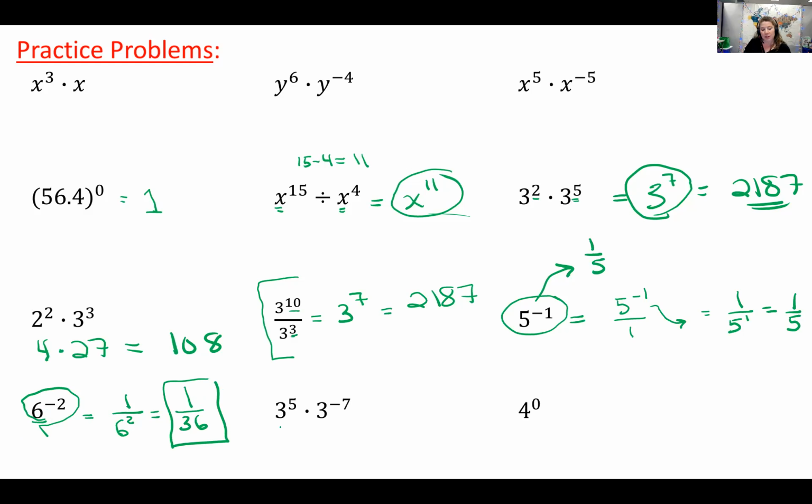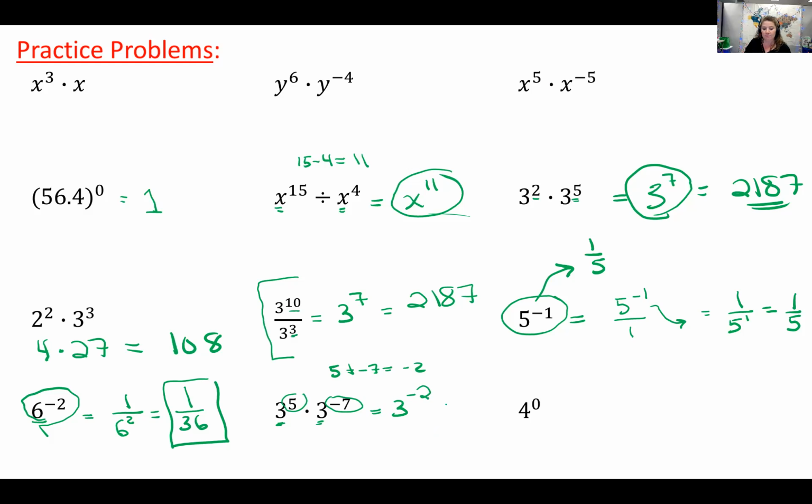Here we have two numbers that are being multiplied with the same base. The directions say to add those exponents. So 5 plus -7 is -2. So this would equal 3 to the -2, which is correct, but to be simplified, it has to have a